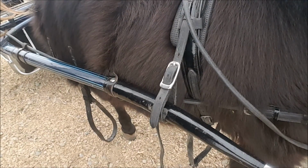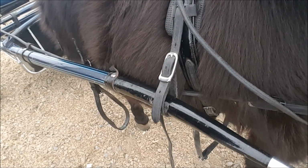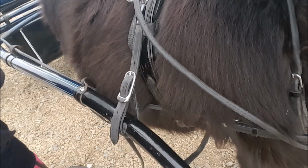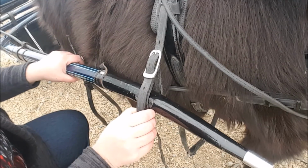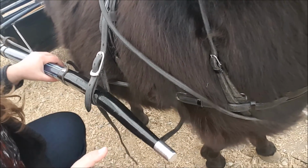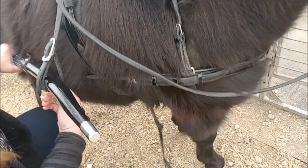All right, the next thing that I hook up is the wrap straps. The reason we did the traces first was so that the cart's now with him, pretty much. When we spoke the other day about tugs and deciding whether or not to use open tugs, the reason that we can't use open tugs without breeching is because without the wrap strap done up, pretending this is an open tug,